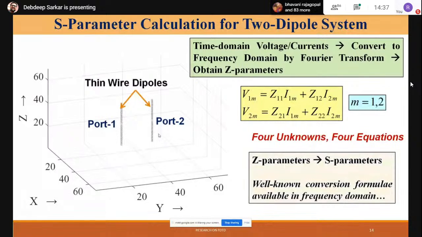So using that, you formulate the Z parameter equation, and you can evaluate the Z matrices from here by following very simple algebraic manipulations. I will not show that. You can chalk it out on your own. That is very straightforward. So once we have the Z parameter values, you can look into any